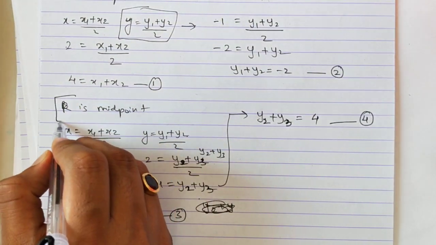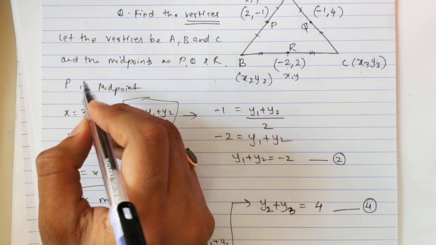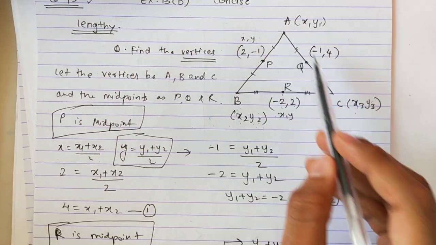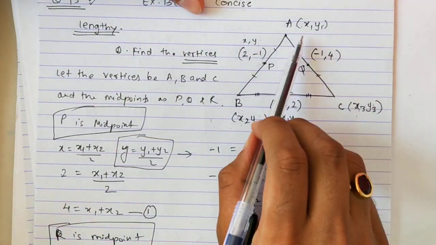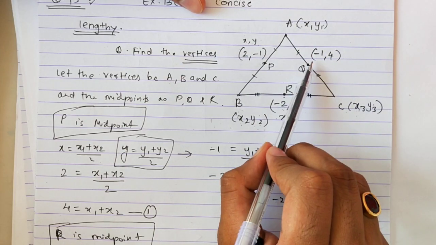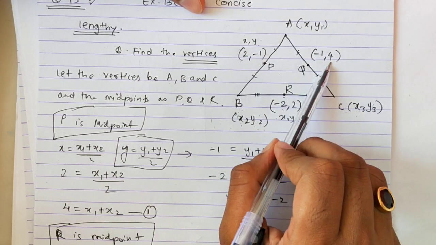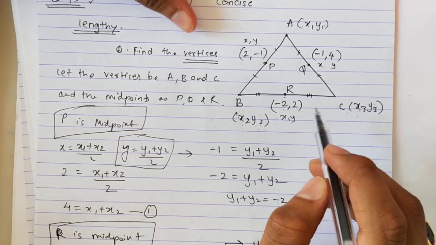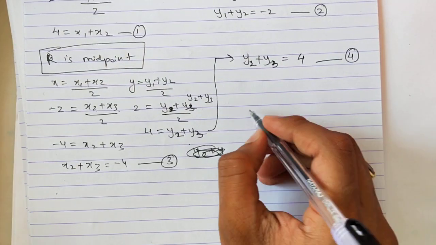Now we solved for taking r as the midpoint and we solved for taking p as the midpoint. Now the third midpoint is q. I'll solve for q also. So here I have x1 x3 y1 y3 and the midpoints are -1 and 4. So x is -1, y is 4. So I'll do it directly here.